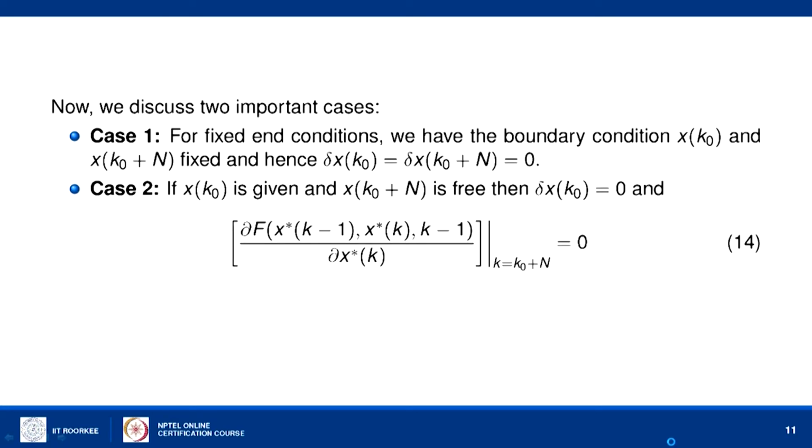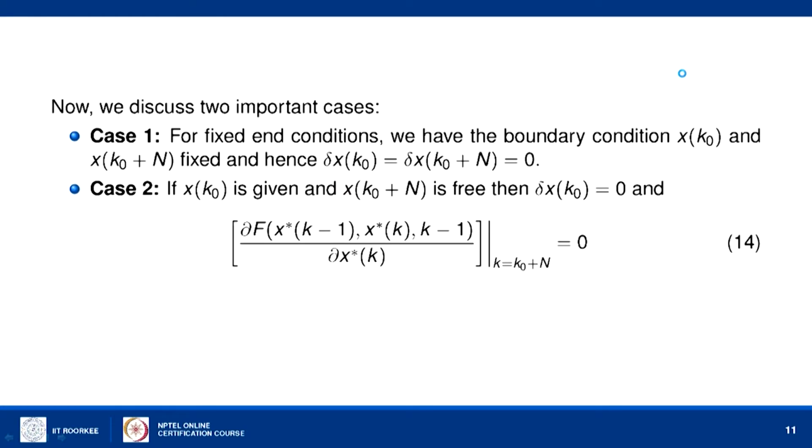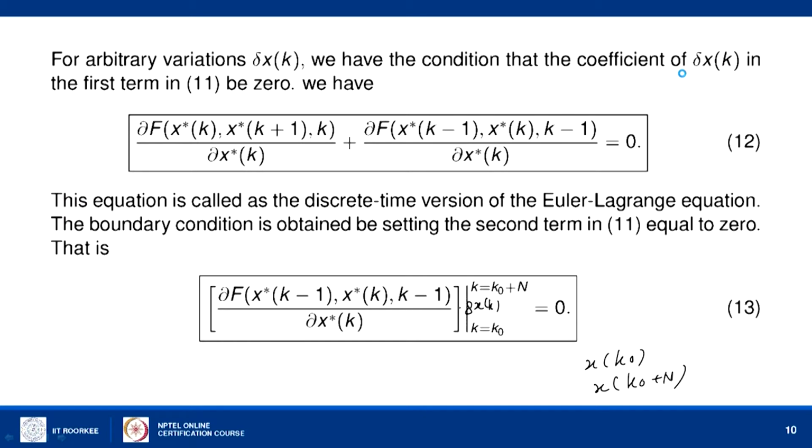So, for case 1 we have to solve only equation 12 with the given boundary condition, and in case 2, where x of k0 is given and the other one is free, we get this boundary condition. So far what we have seen is the derivation of these two equations, 12 and 13,